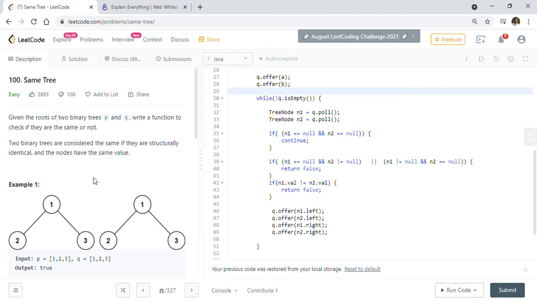Today we are going to look at LeetCode problem number 100, Same Tree. Given the roots of two binary trees P and Q, write a function to check if they are the same or not. Two binary trees are considered the same if they are structurally identical and the nodes have the same value. As you can see in this example, all the nodes are structurally identical and they